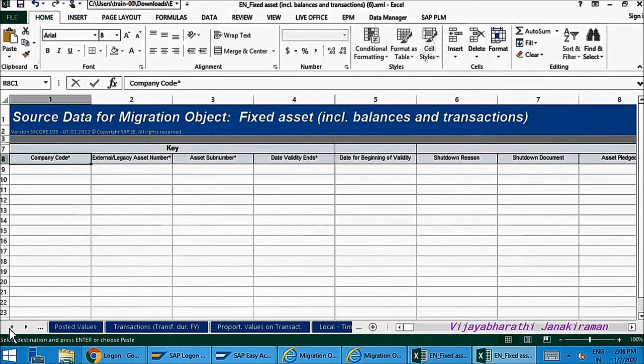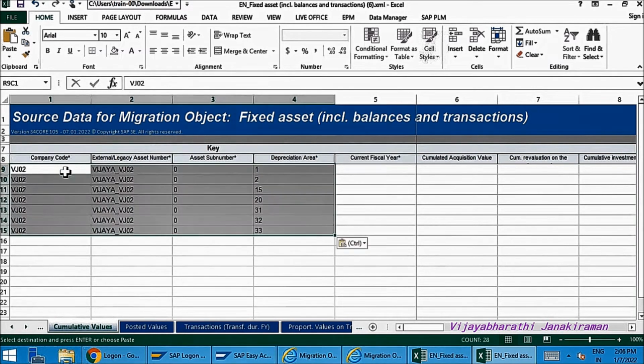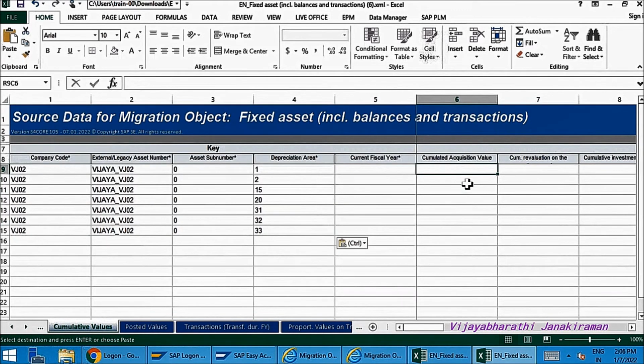Now from here, going ahead to the cumulative values sheet. Just paste this here and in the fiscal year column update the current fiscal year. That is 2022 in my case. I am just typing 2022 here.